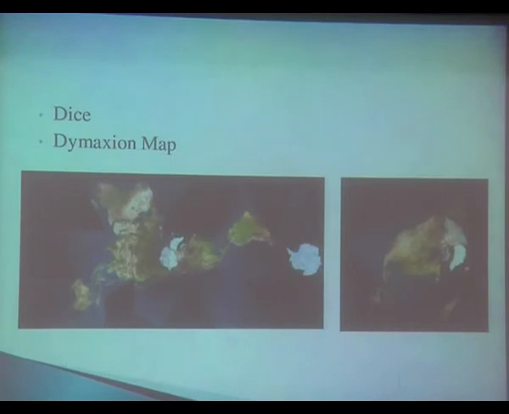Then there's something called the Dymaxion map. Dymaxion map is a map invented by Buckminster Fuller. This was in an attempt to reduce the errors we make in a map. Usually when we actually talk of a map, it's of a projection. See, the Earth is actually a sphere, and you're projecting that onto a rectangular paper. How do you do that?